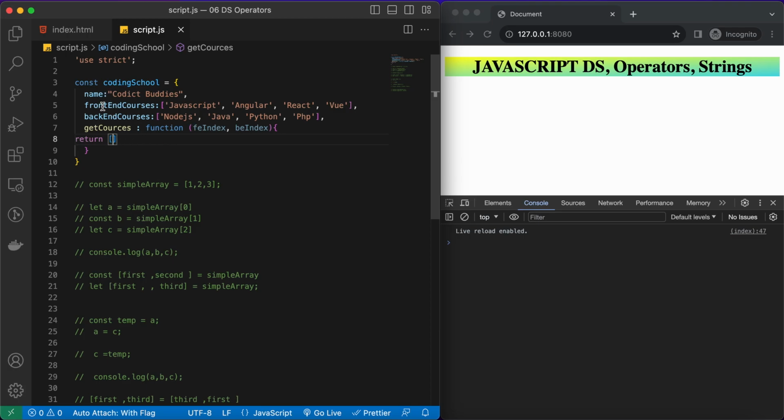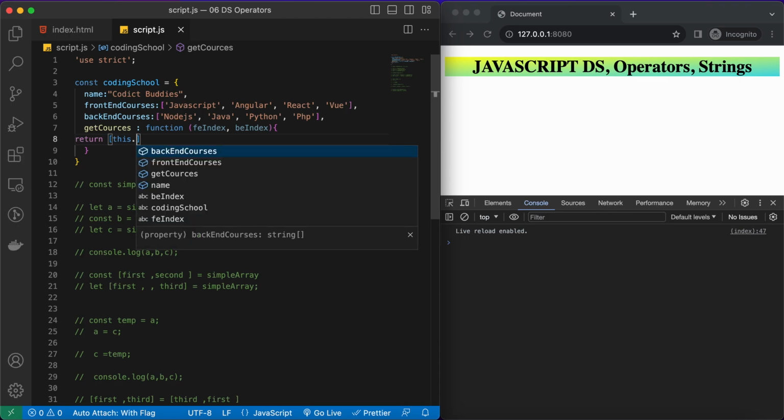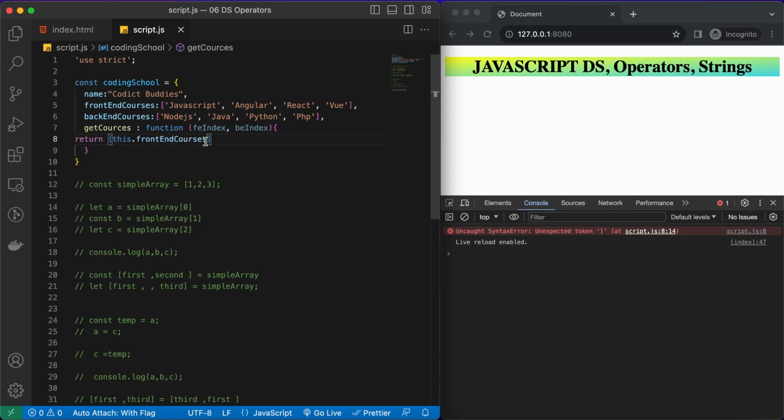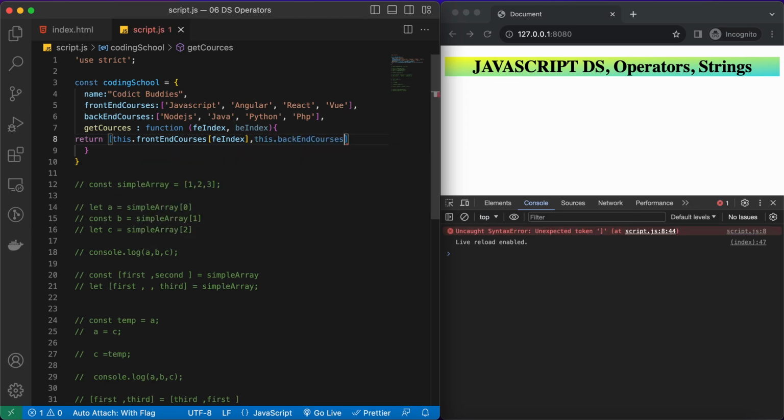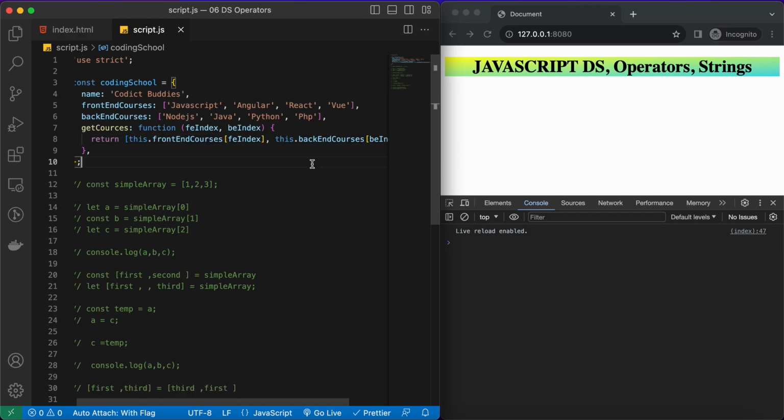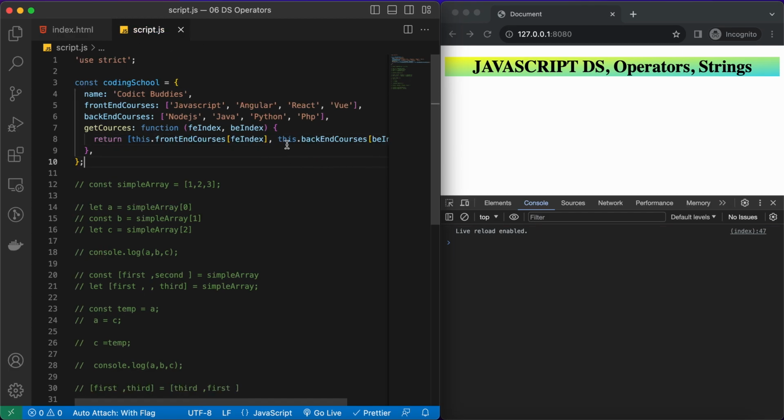Okay, so now we'll use this dot front end, and then we will access the front end index. Okay, and now let's access the backend index as well, at position backend index. Okay, so here